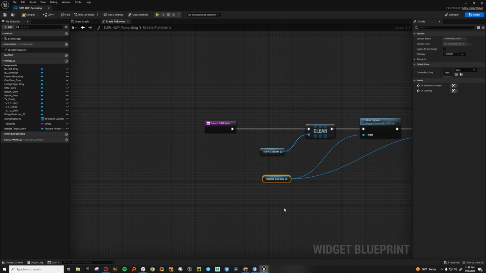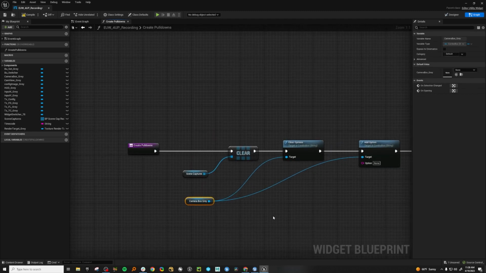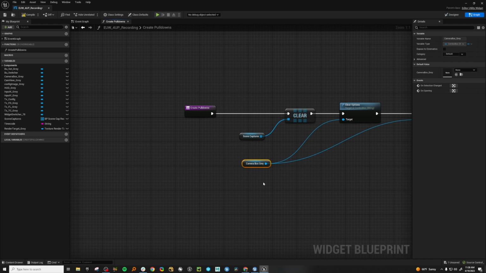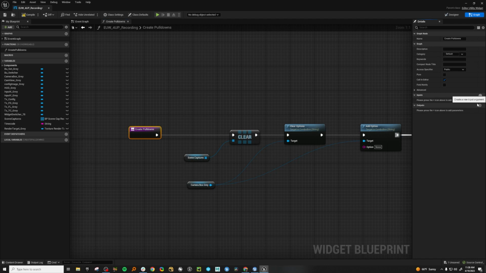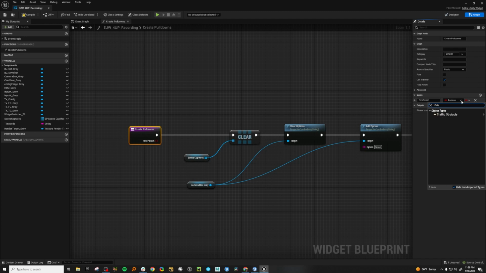So we're going to want to move this to the outside of the function and then feed it in so that when we get to camera box blue and camera box yellow and camera box red, we won't have to have different functions every time. So how you do that is you grab the input here and you click to add input. And then here, just go and check what type this is and match it. So this is a combo box string. Combo box string is the type. And we'll just say the input is called camera box